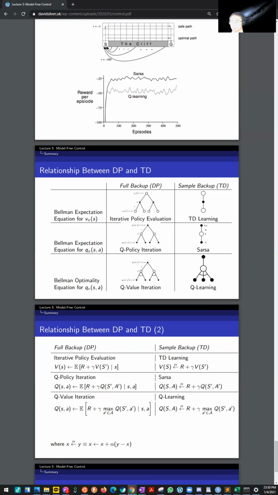So now we're interested in figuring out the optimal Q value from our next state. If we apply the full backup for this Bellman optimality equation, it's basically